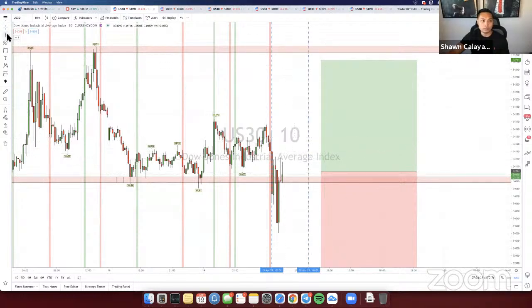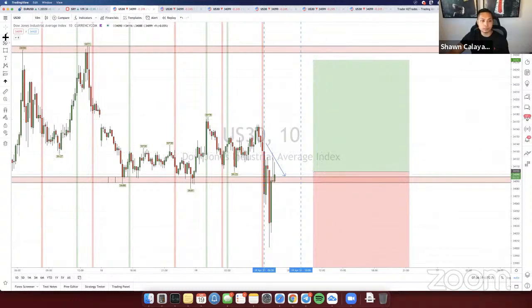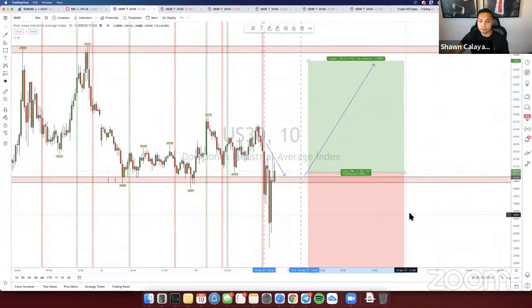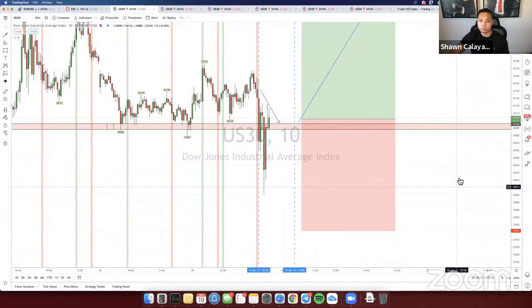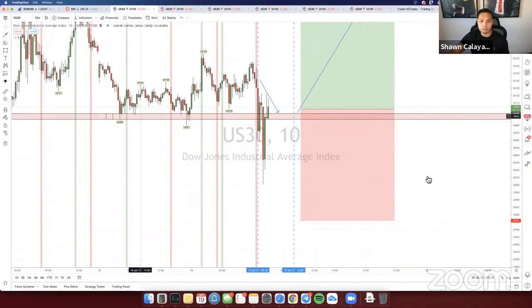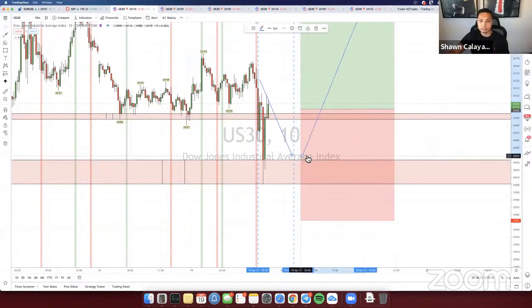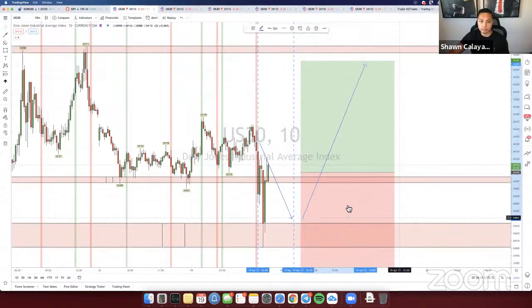You can see right here, see how this is moving down from open? That's why I wouldn't mind taking the buy right here, because once it reaches 10, this is probably going to shoot up from there. So that's why I don't mind taking this buy here if we do get a buy entry, because our stop loss is so far down right here where we have a safety net, right? This is a huge safety net. Price can come down as far as it wants, but eventually it's probably going to come back up. So I'm not too worried about taking this buy here